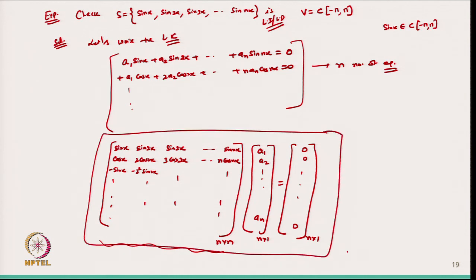Okay. So, let me stop here today. Today we have discussed a few more facts, and then we started with the example in which we have n functions coming from the vector space of continuous functions from minus pi to pi, and we checked how we can find out whether the given set of vectors is linearly independent or dependent. You can think about this, and we will discuss the solution of this in the next lecture.